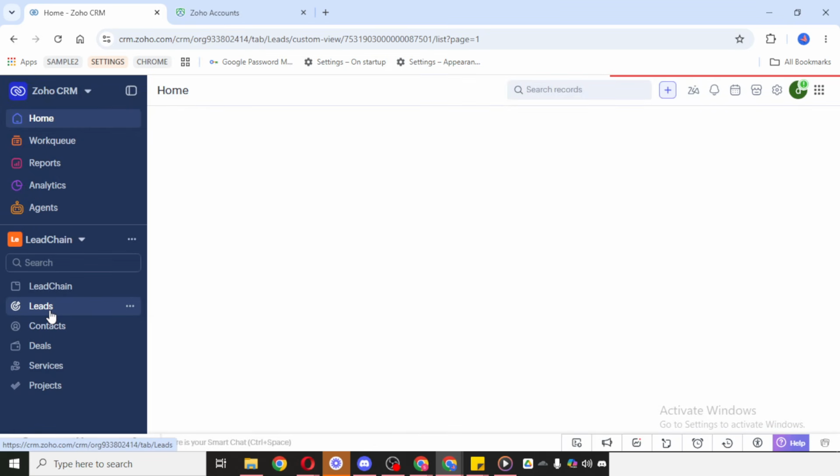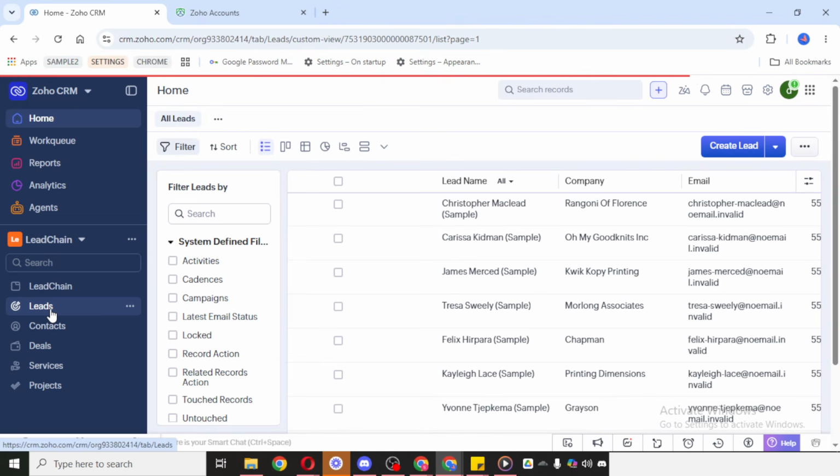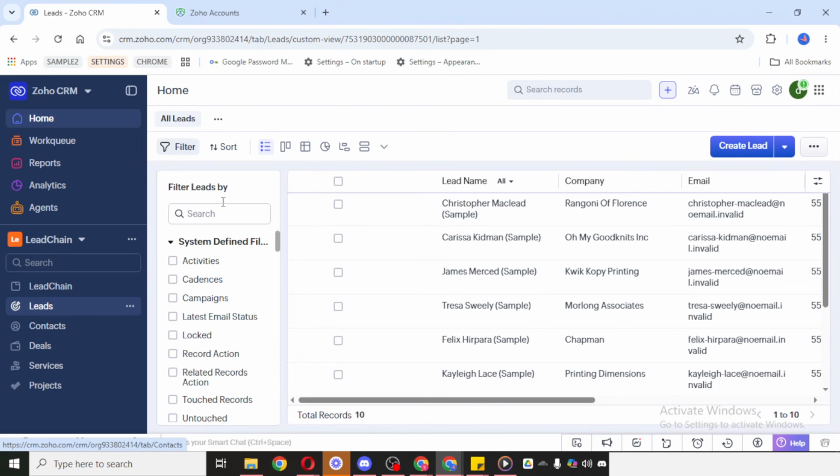At the top of the list, you'll find a checkbox that allows you to select all the visible records at once. Click that box to mark all of them. This is the quickest way to prepare multiple leads for a bulk action. If needed, take a quick moment before doing this to make sure you're in the correct view, so you're only updating the records you actually want to change.